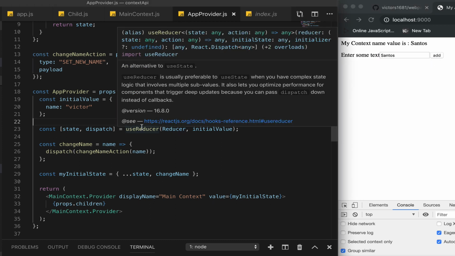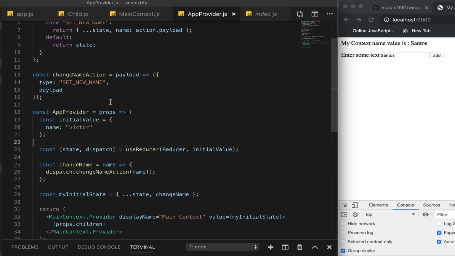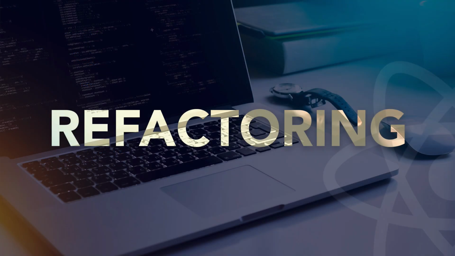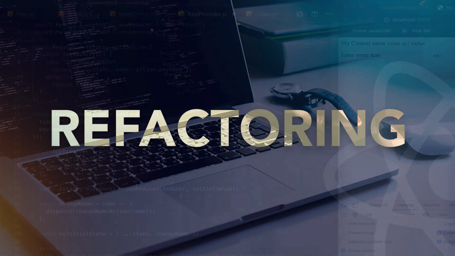What it's doing now is using the reducer object. For example, our reducer is in charge of matching with the actions that we are dispatching, the same concept that we are using in Redux. For example, if I change something here, this is never gonna match. The actions are never gonna match with our reducer. So that's why the state never gets updated, because it's returning every single time the previous state. So that's perfect. Now we have this, and we can move on to make a little bit of refactor,